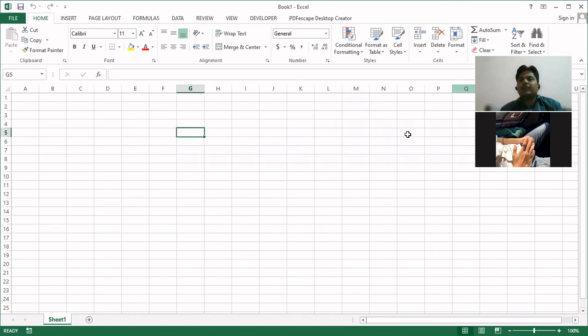So let's suppose I have to create one page where I want to enter my students' marks, and I have to calculate the average and sum, or count something, or implement some functions on that. So how will